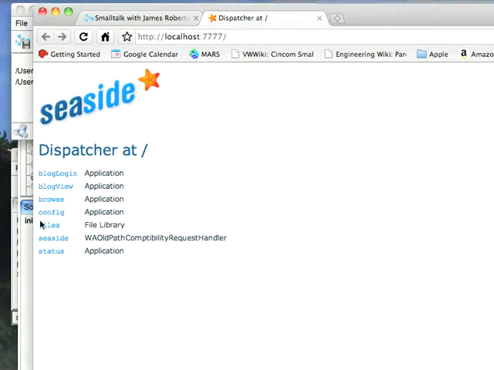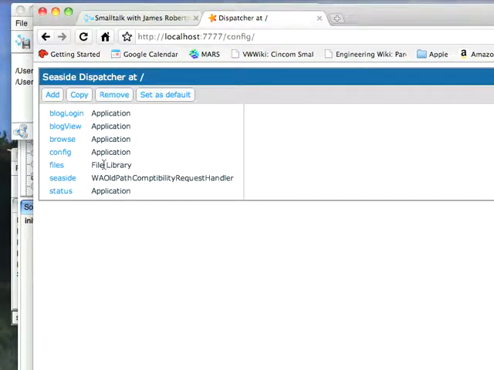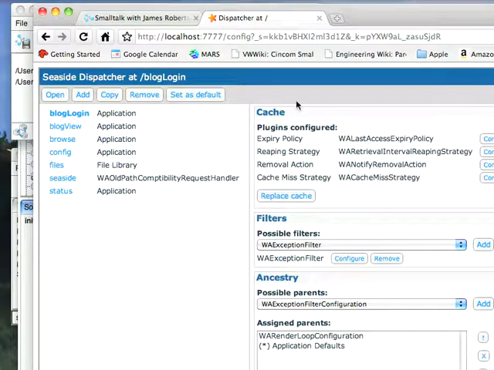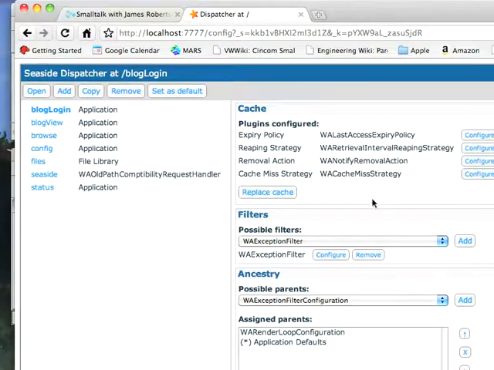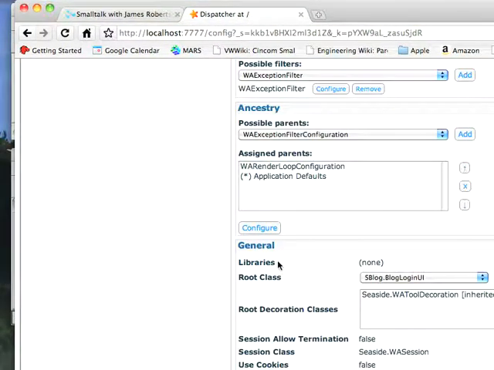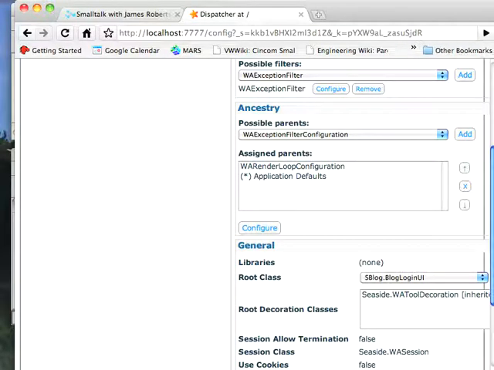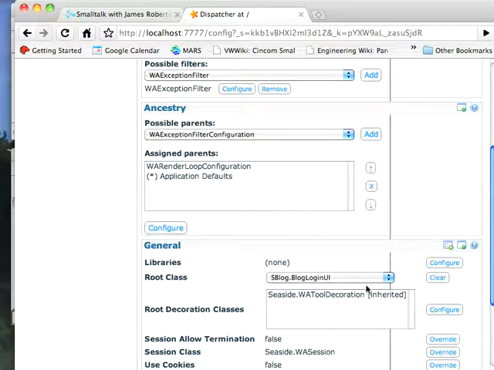And notice here I have my login in my view, but I also have this configure. So let's go there, and it asks me which entry point do I want to configure. Well, I'm going to want to configure both of these. Let's start with login, and we'll come in here. It's a fairly long screen. What I want to do is scroll down, and you'll find here under General we have this session class, Seaside.WASession. Let me move this into the view completely, and if I scroll this over, you'll see what I have is